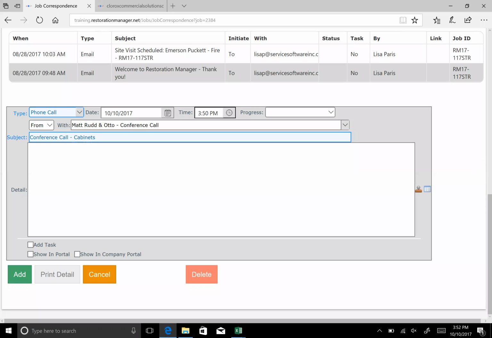And then I want to put my details in here. I want to explain why I got this in here. I want to give the details of this conference call. Maybe there was an agreed upon date that they were going to absolutely deliver those cabinets, or there's agreed upon pricing, or there's a discussion that now it's not my plate to handle, it's on maybe Matt or Otto's plate to handle. So we're putting out there saying we're delegating it to someone else. So here we're just going to put in